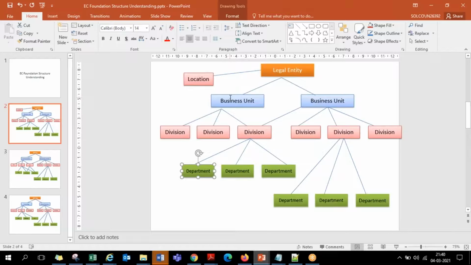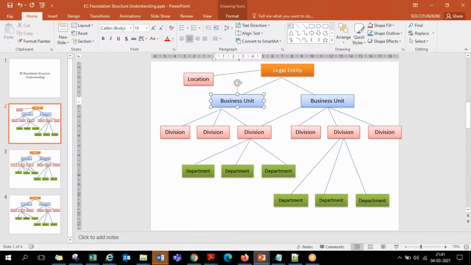They give you 4 layers. Which layers you want to use, which you don't want to use, you take a call based on your requirement gathering with the customer, and you establish the connectivity with the layers. If I don't want division, business unit and department have to be connected. If a customer says I don't have business unit concept, directly legal entity to division has to be connected, then division to department as usual. Like that, which layers to be used and which are not required is what we decide when we discuss with the customer. Then only those layers we are required to connect and use. So SF will not give you a standard association between the layers.